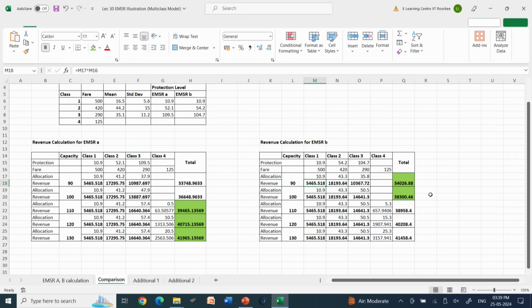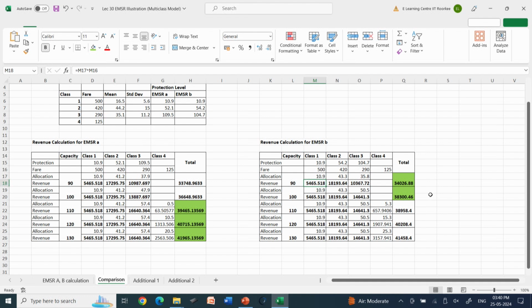for capacity of 100, 110, 120, 130 for both these tables, and then you will understand how sometimes A is better, sometimes B is better, and therefore, this discussion remains slightly inconclusive. I mentioned that because B is working with the help of a virtual class, which is the weighted sum of all the upper classes which are available at a particular class level. So, people feel that B is efficient, faster, and economically also we saw that the results of B are closer to the optimal value than the results of EMSR A.